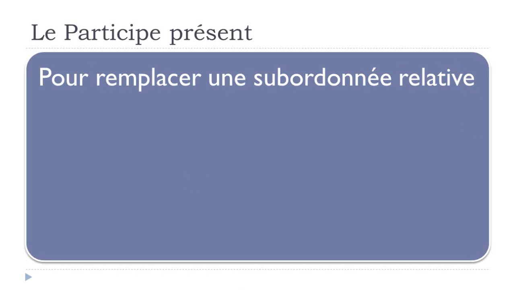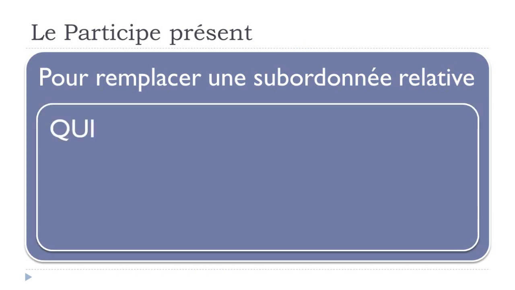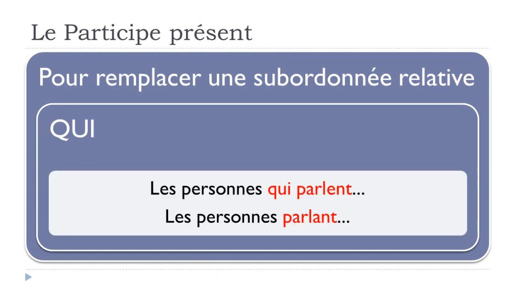Okay, so we saw previously les pronoms relatifs. Okay, so if you don't know what une subordonnée relative is, I definitely advise you to try to find les pronoms relatifs, and it will be more clear. And so we can, you know, take this example like with qui. Les personnes qui parlent. All right, so in that case, les personnes qui parlent, so the persons who are talking,